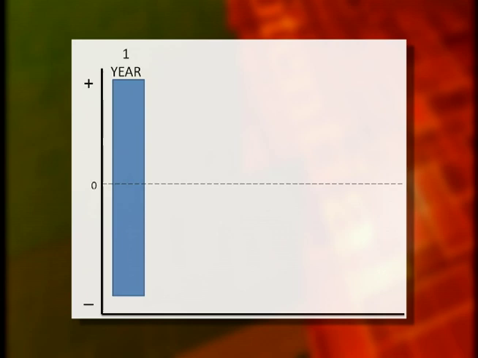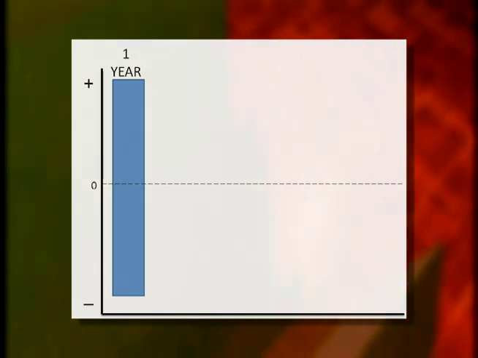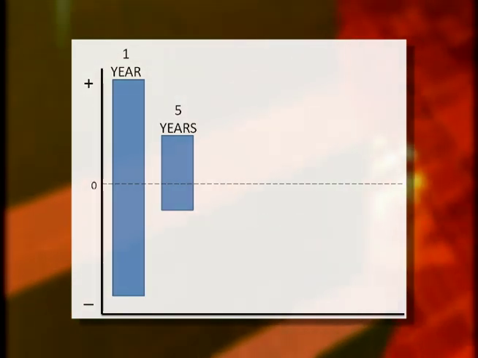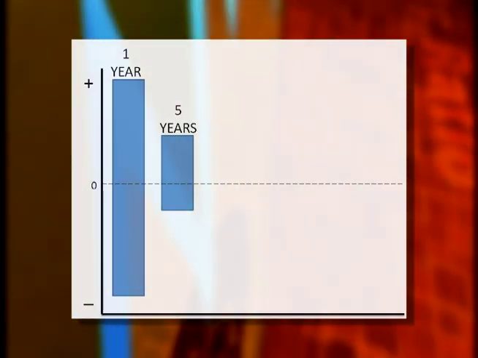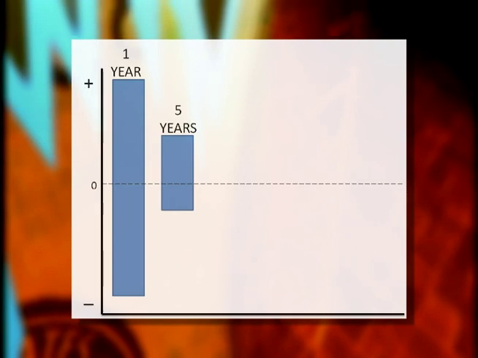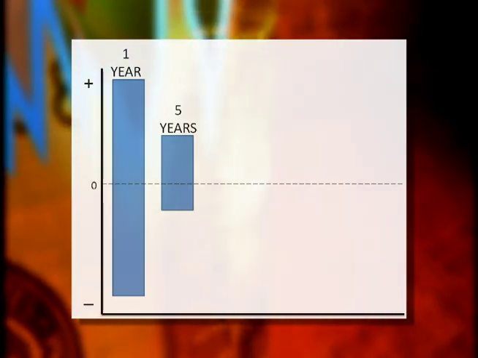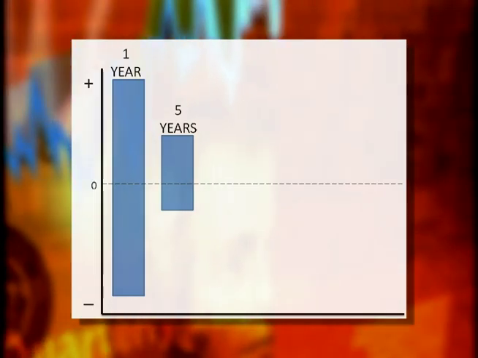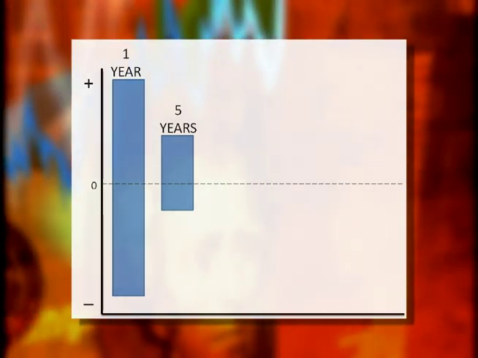However, if we choose any given year and then look at the next rolling 5 years, we find the roller coaster has been flattened out quite a bit. And now we have a strong statistical bias on the upside. We're making money far more often than not in any rolling 5-year time period over the last nearly 9 decades.